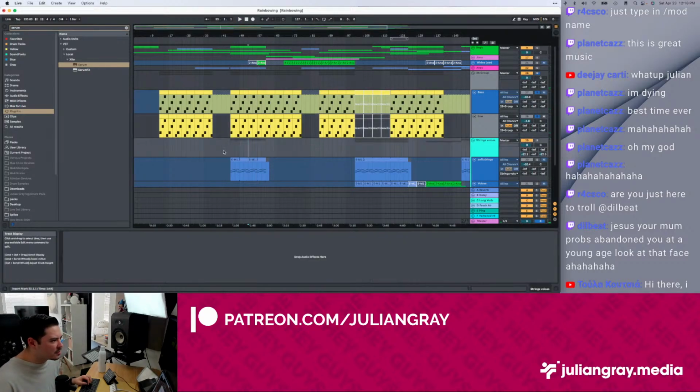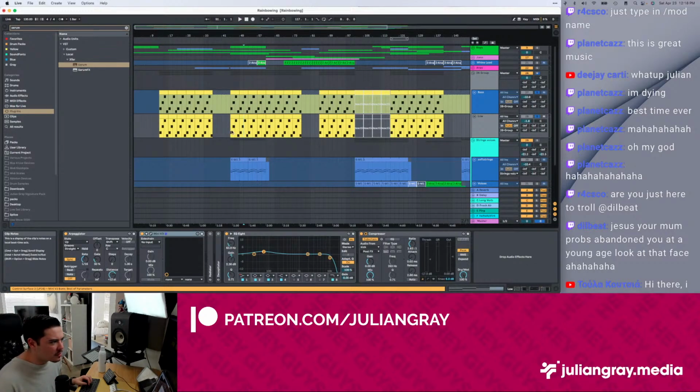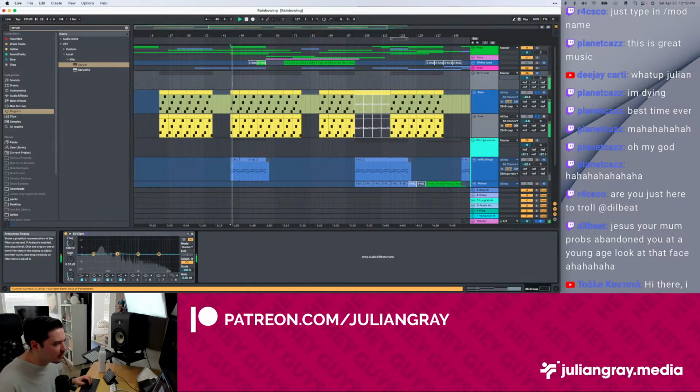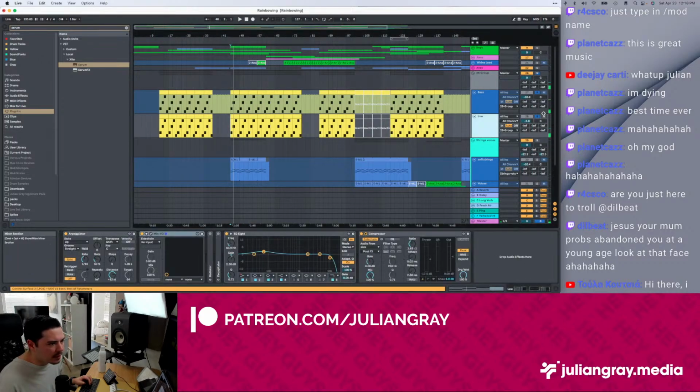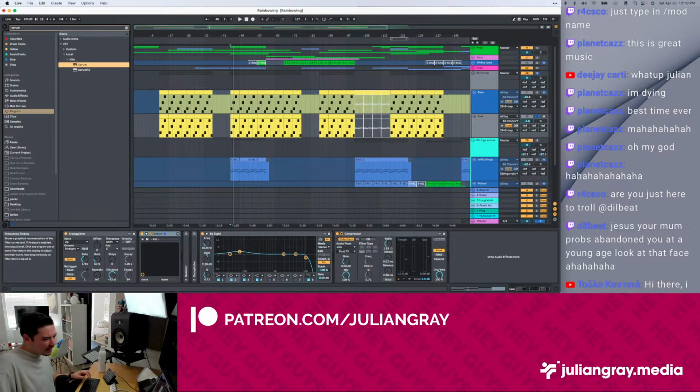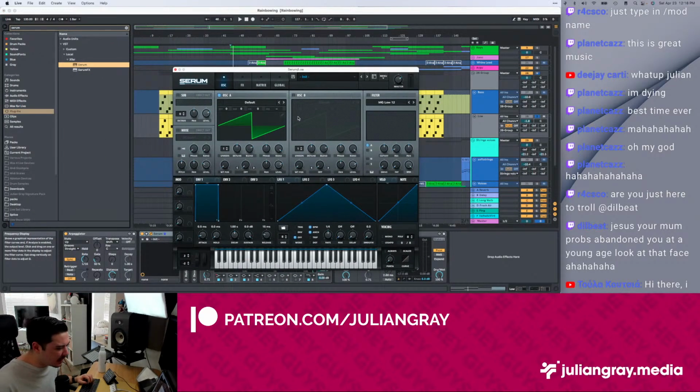I'm not 100% sure why it's coming in so soft on the low end. Must be missing something here. Let me go ahead and just listen to the low end, and we'll use Serum again just because I'm more familiar with it. But I think that just patching up that bottom is going to help this a lot.